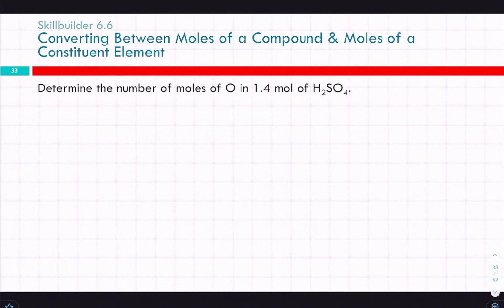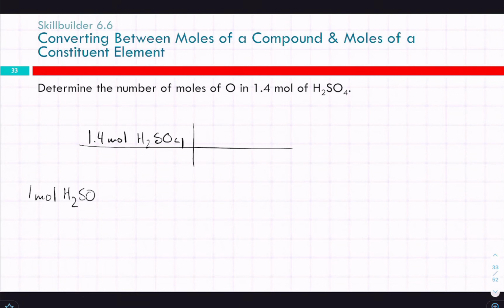So how about the number of moles of oxygen in 1.4 moles? And again, I'm just going to take the time to write this out a little bit more formally so that we'll have it on the slide. But because there's, well, for 1 mole of